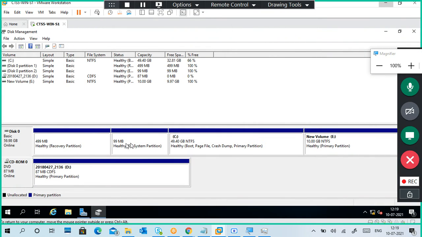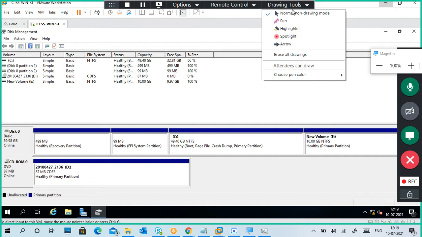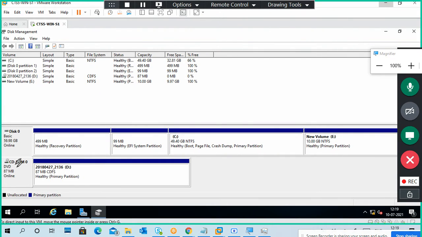Okay, so here is disk 0. I have only one single disk, a 60 GB hard disk, and it is a basic disk. This is disk 0, and it contains partitions.